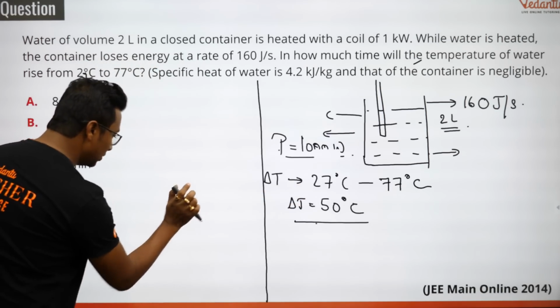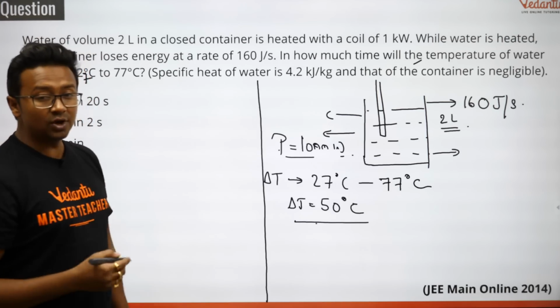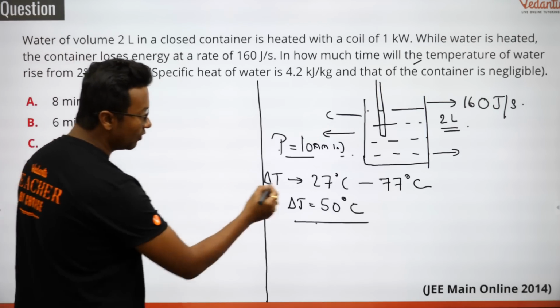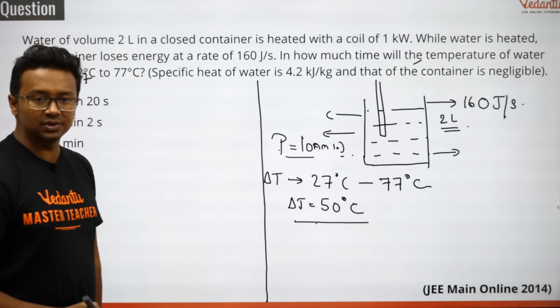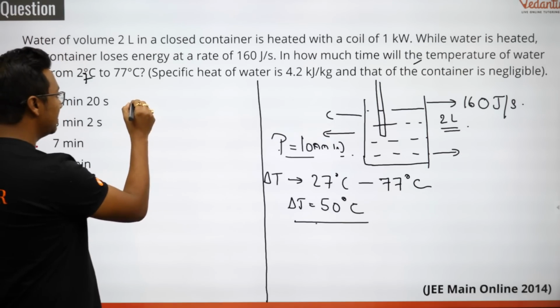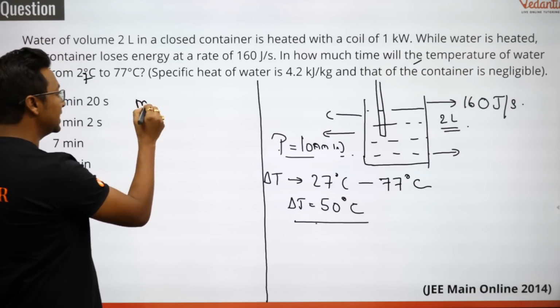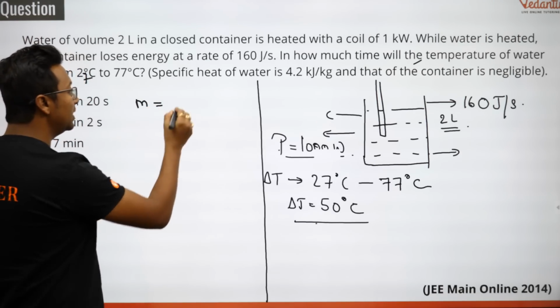So how much heat is going to be required in order to go from 27 degrees centigrade to 77 degrees centigrade, my dear students? That is very simple. I think it is nothing but mass. Now first thing, what is the mass of the water? It is going to be equal to